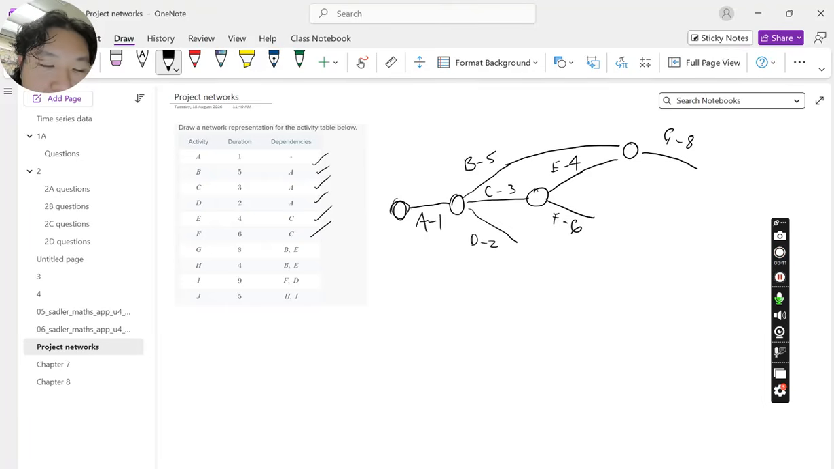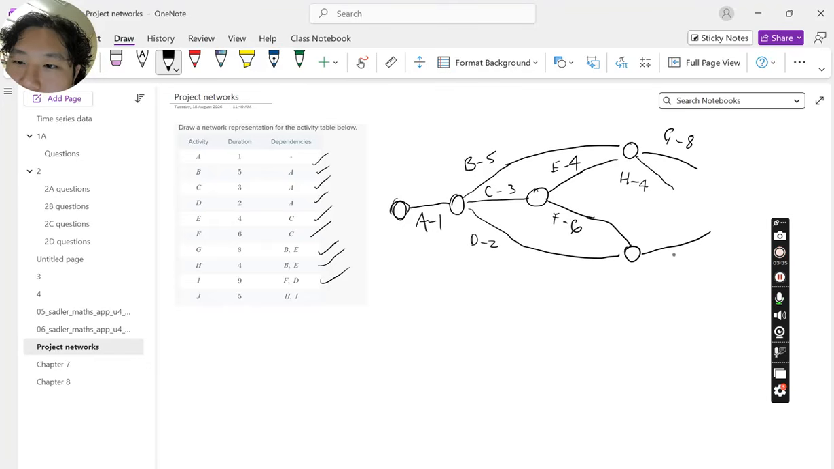And then H is the same thing. H also depends on B and E. So H also gets its own line here, which is H, which is 4. So F and D are kind of left in the dark at the moment. Now, I depends on F and D. So I is actually going to get its own one over here. So these lines will now connect, and then a line will come off for I,